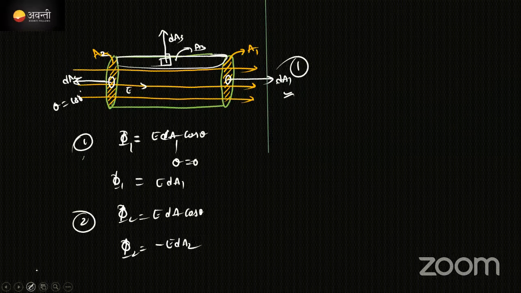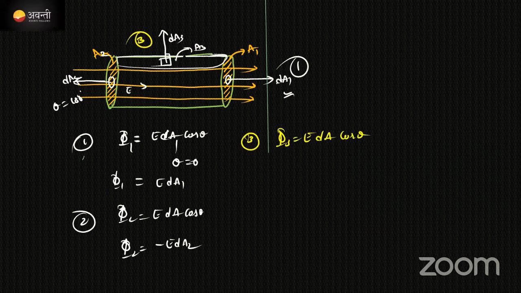दो फ्लक्स हो गए. Then coming to the third one, इधर देखो third point ऊपर वाला. In the third point, again flux 3 will be equal to E dA cos theta. Electric field lines are moving in this direction and the area vector will be in this direction, angle between them will be 90 degree. Absolutely right, 90. Then phi 3 value will be equal to 0 हो गया.